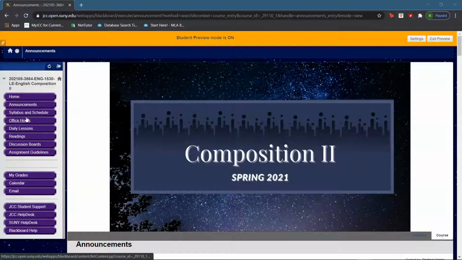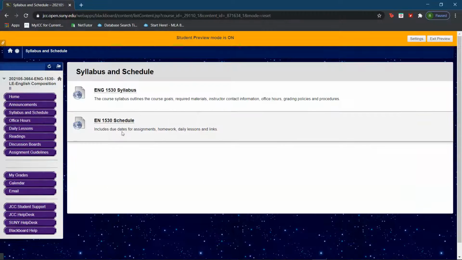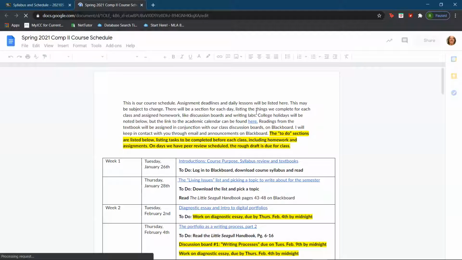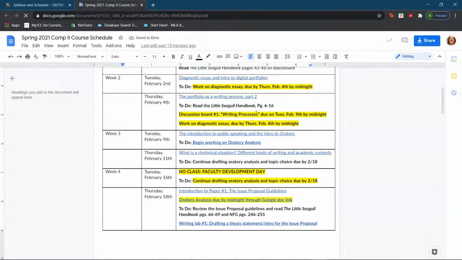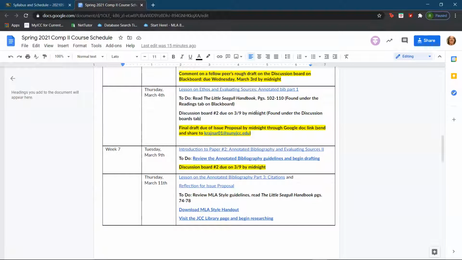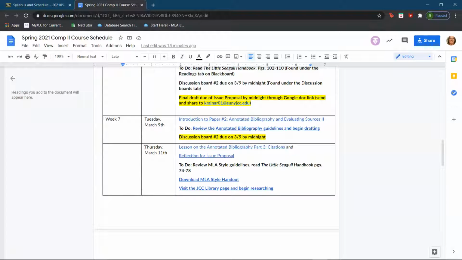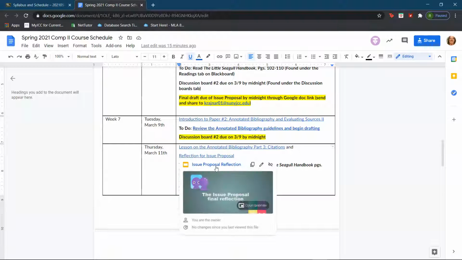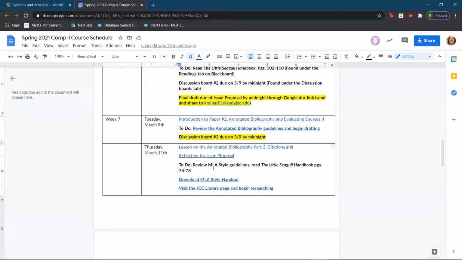So I do have a couple of lessons for all of you today, but first I would like to go over our course schedule. So today is Thursday, March 11th. What we're going to be talking about today is citations for the annotated bibliography, and also the reflection for the issue proposal. Now for homework, what I am assigning today is to review the MLA style guidelines and to